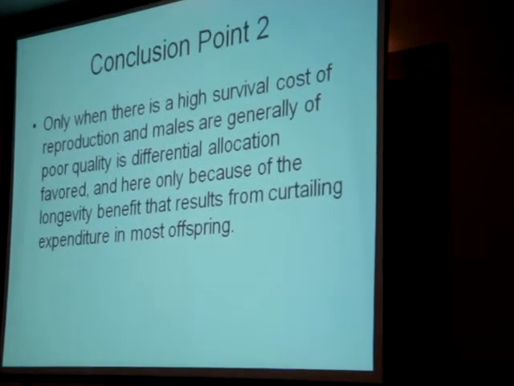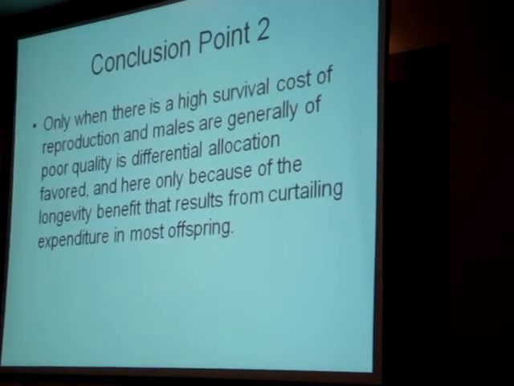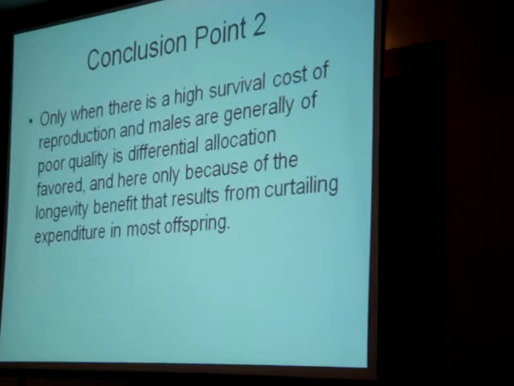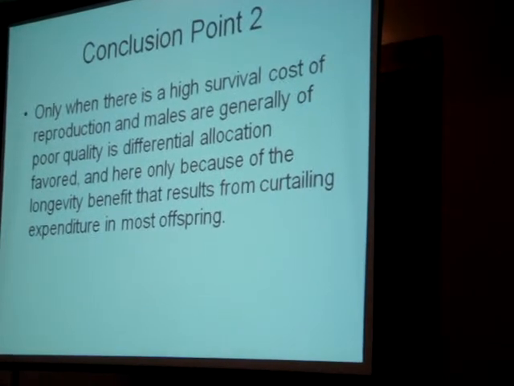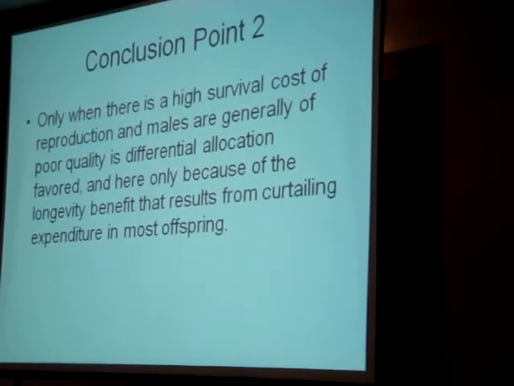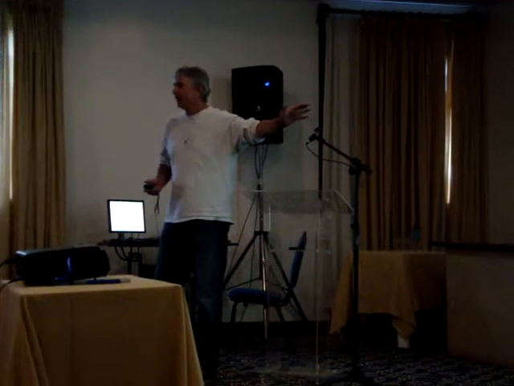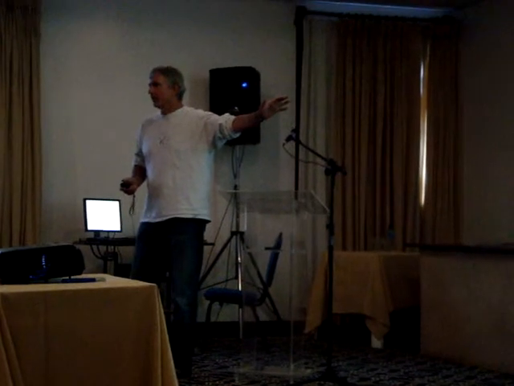And here it's weird. The only reason differential allocation wins is because of the survival benefit. Females that are selecting males from this low mean distribution don't invest much because they're just continually low quality males. So they have many bouts of not investing much in offspring, so they survive a long time. And that's the advantage differential allocation gets. And that's not the original benefit of differential allocation that was predicted in the